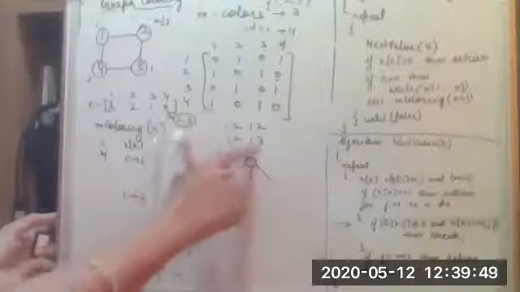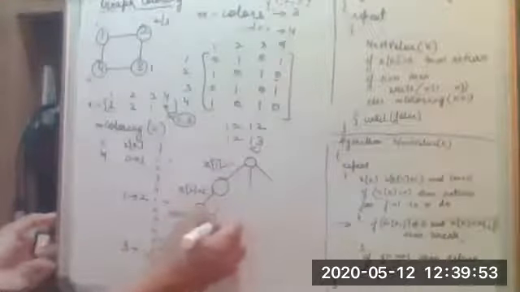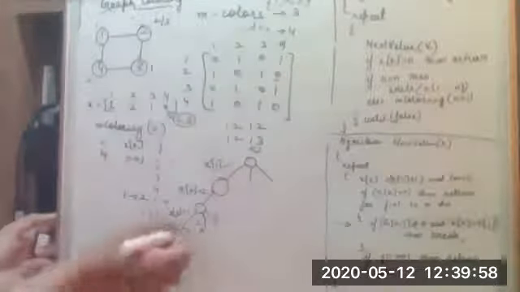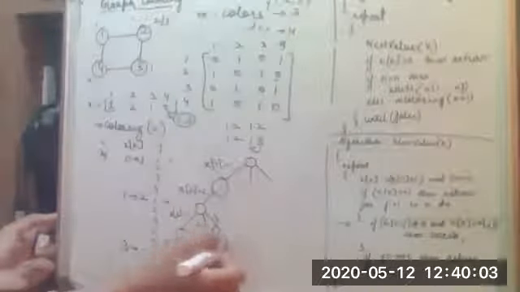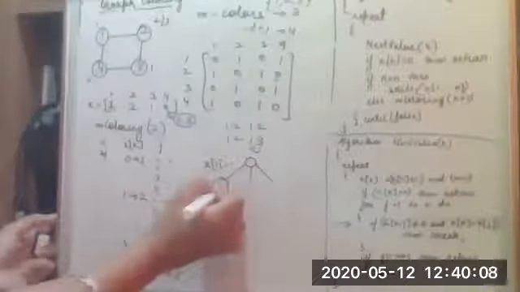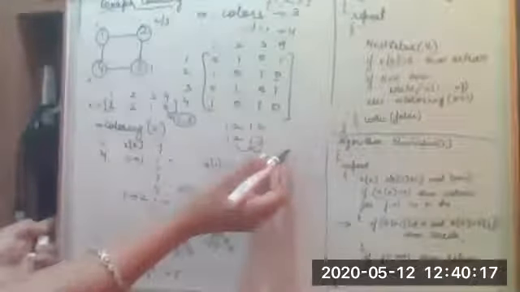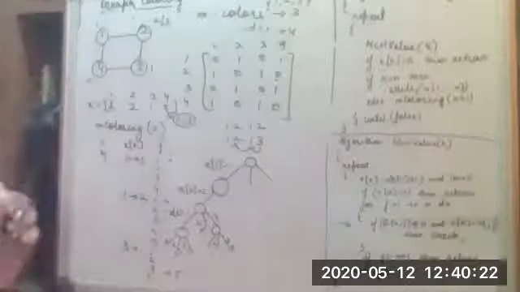So x3 node can have which all value? Can it have 2 value? No. Then can it have 3 value? Yes. Yes. So it will be recursively going on here. So once this solution is done, then it returns back here. So every time when it gets a 0, it returns back to where it has been called. So from here, once it has generated all the other possible solutions, then it comes back here. So that is how your graph coloring works.